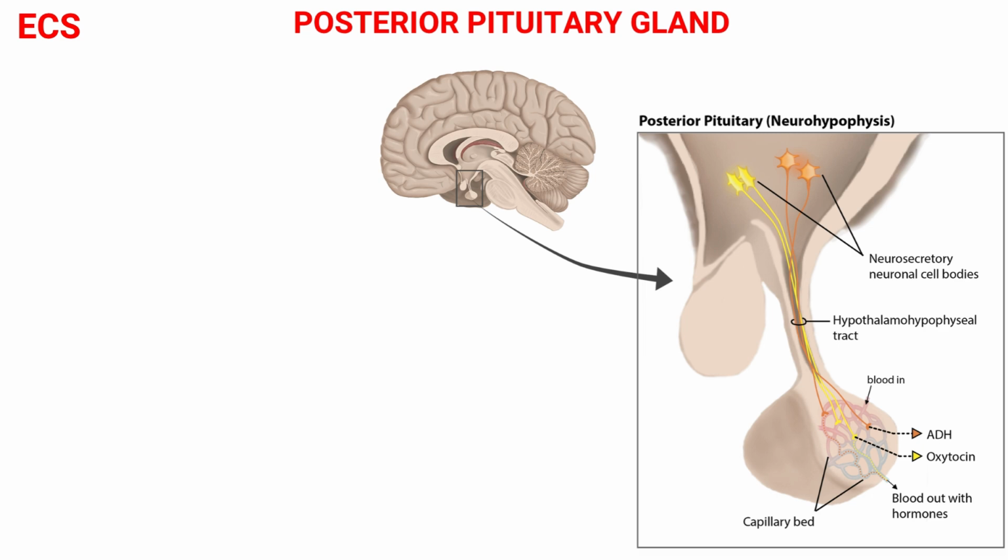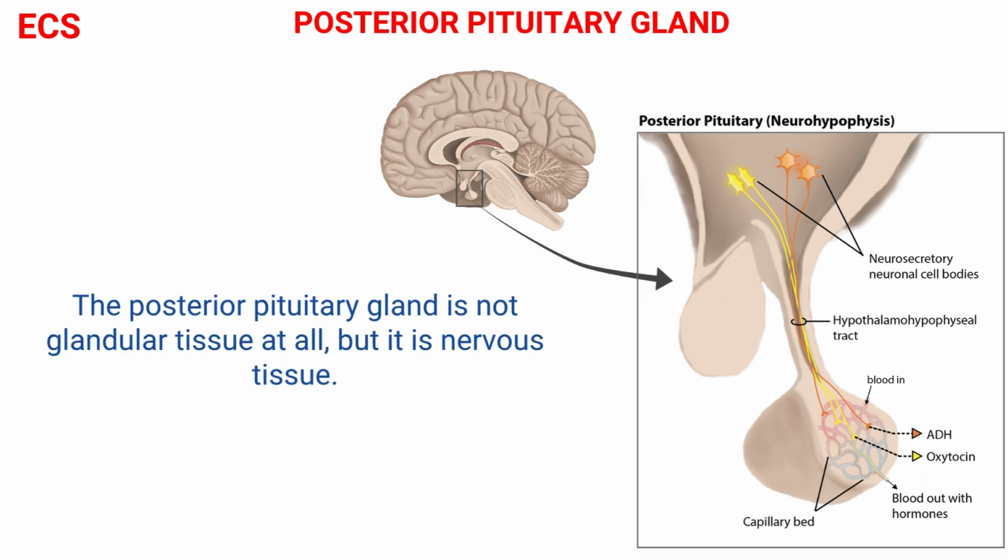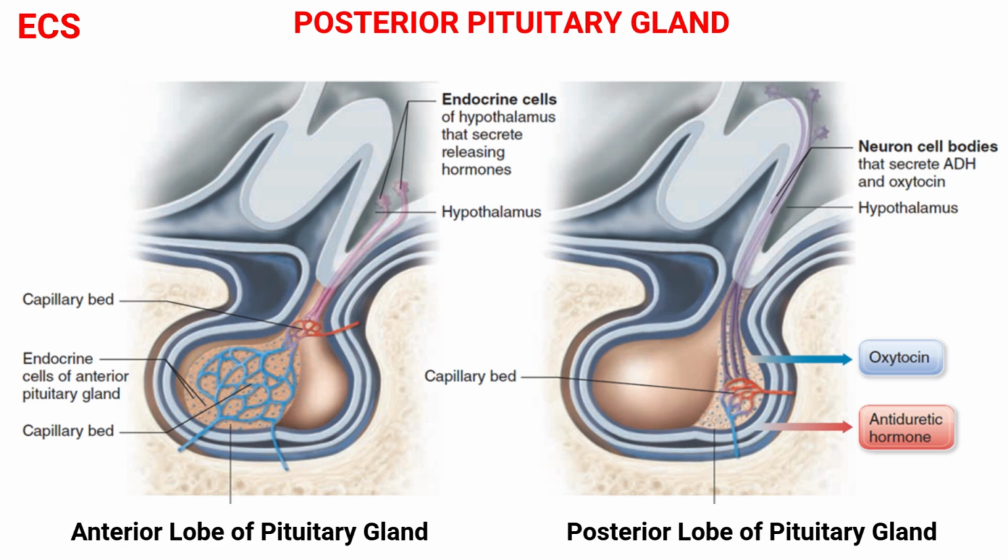Now we will see the posterior pituitary gland. The posterior pituitary gland is actually not glandular tissue at all, but it is nerve tissue instead. The posterior pituitary is a small extension of the hypothalamus through which the axons of some of the neurosecretory cells of the hypothalamus extend. These neurosecretory cells create two hormones in the hypothalamus that are stored and released by the